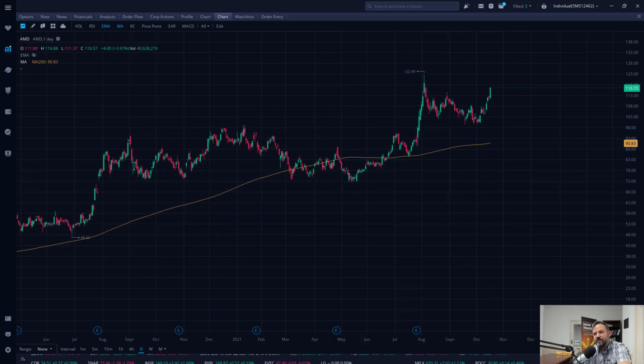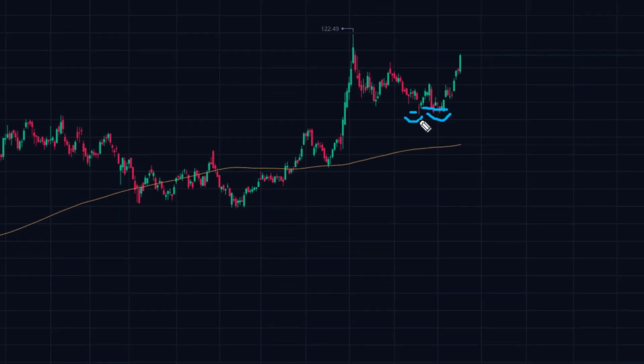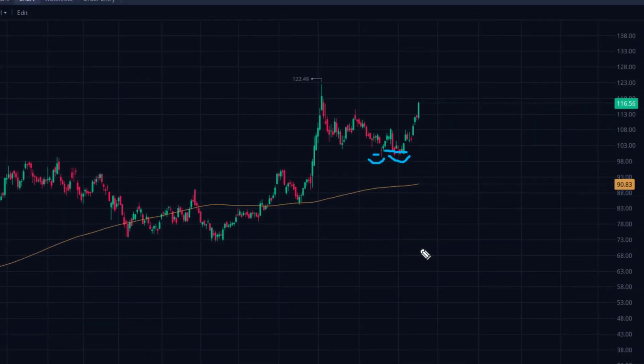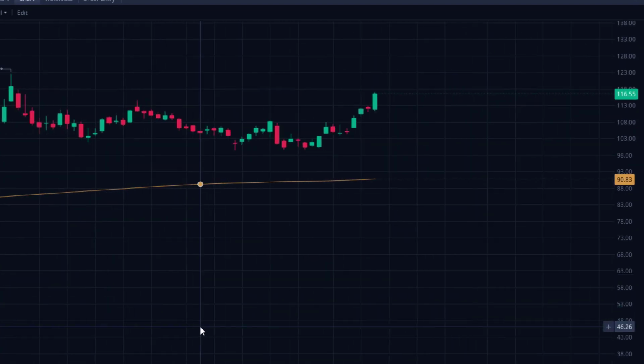Now, once the trend has been discovered, then we want to find a double bottom. And so right here we have a double bottom forming, and you can see what I'm talking about, where price stopped here and then price stopped here. So it was 1, 2. And then once you get the double bottom, the third thing you're looking for is a bullish engulfing candle.